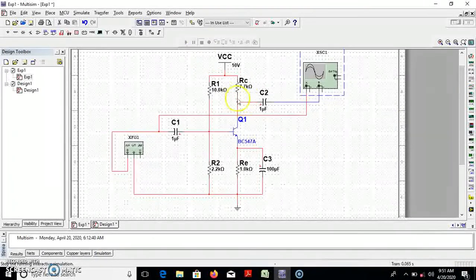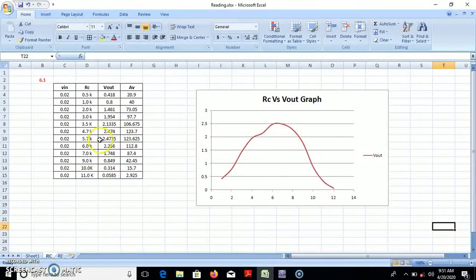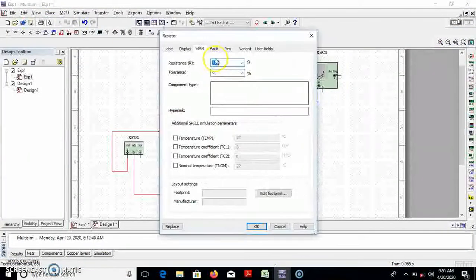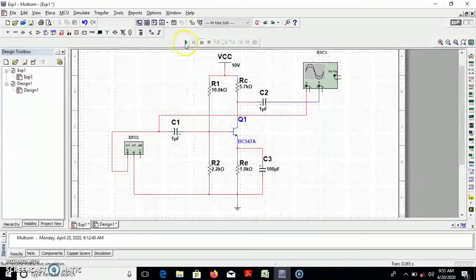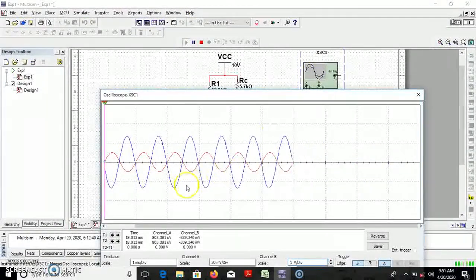So what you need to do now is go to this Excel sheet. Near about 4.7, near about 5.7, there is probably a difference in positive peak and negative peak. That is called a distorted output. Just see if it happens.